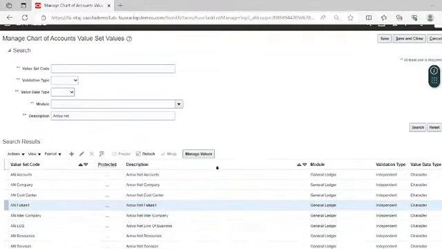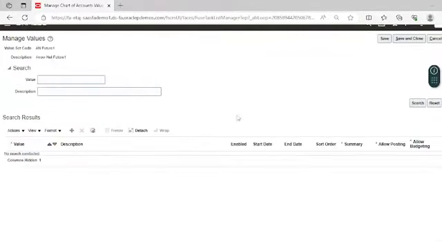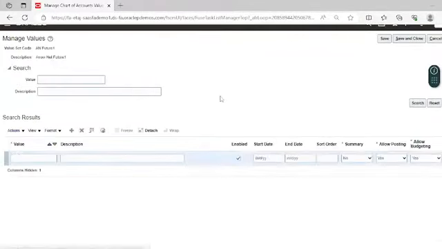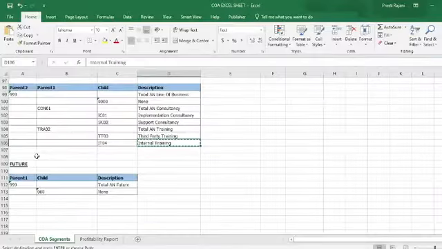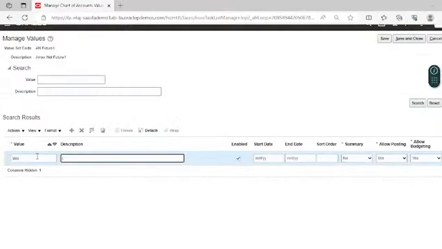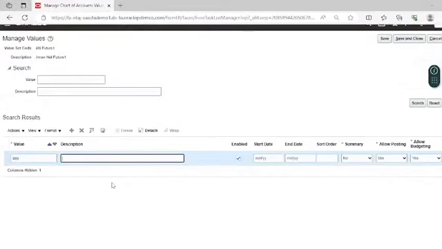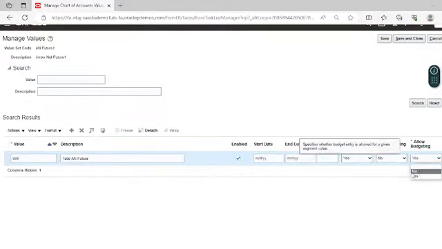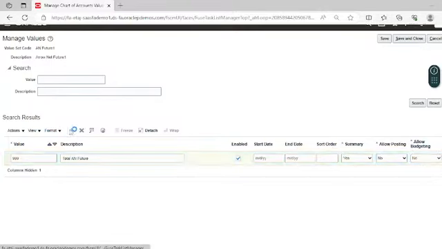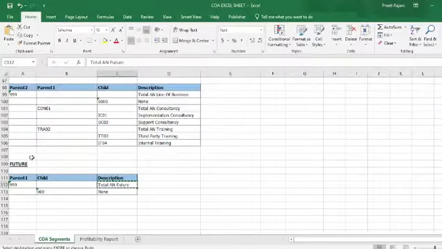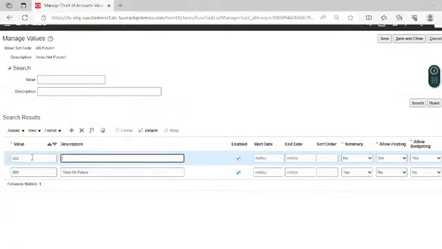So this is the future segment, so we will only add the value for none. On save and close.